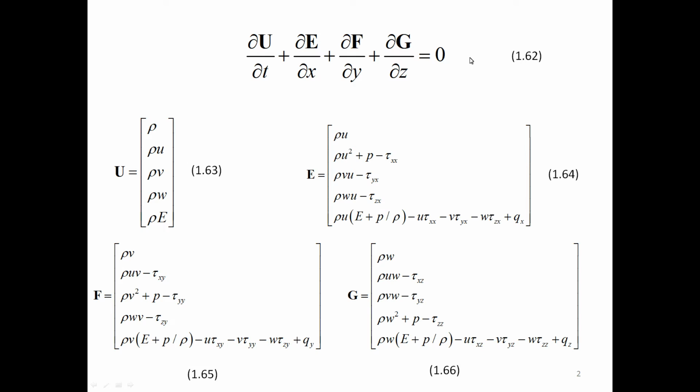Other fluid dynamic equations that are written in conservation law form can be placed in a similar vector form. Vectors E, F and G are composed of two parts: